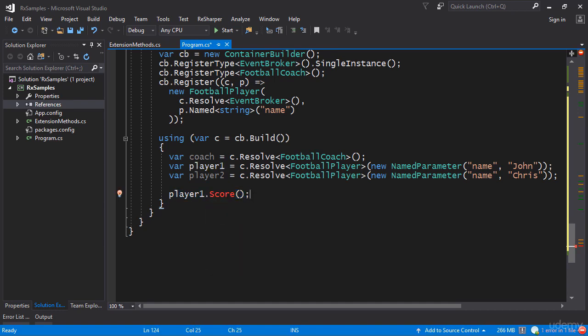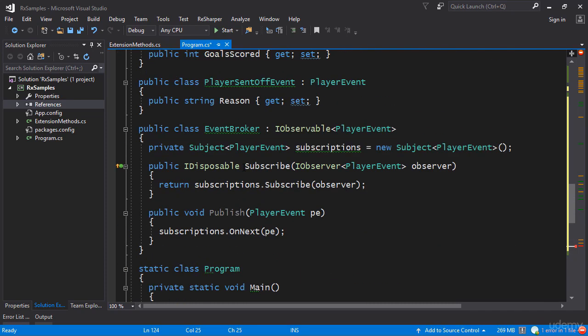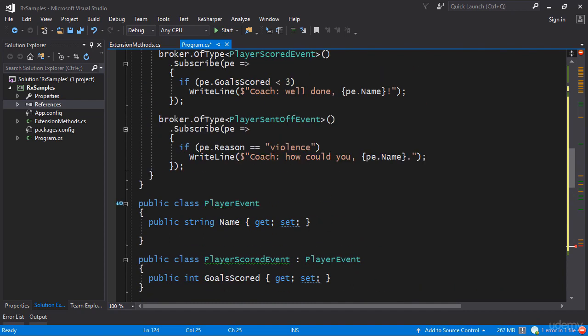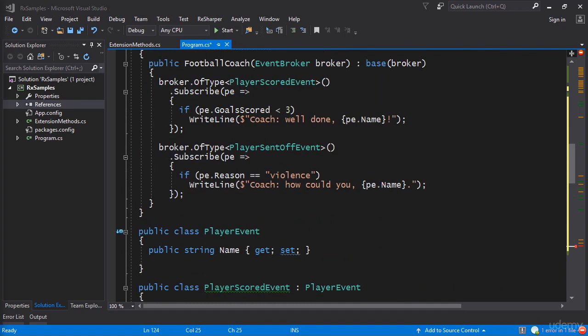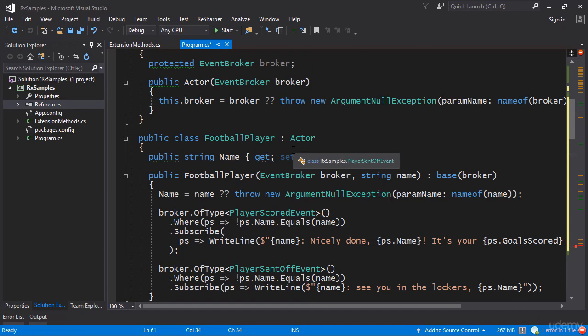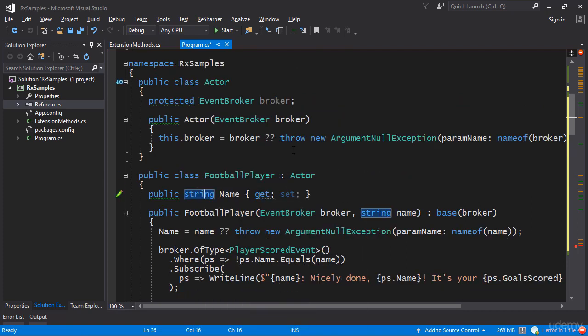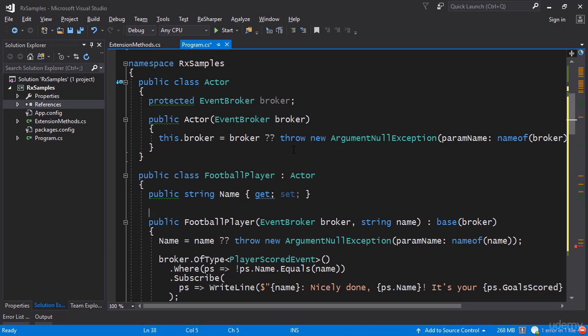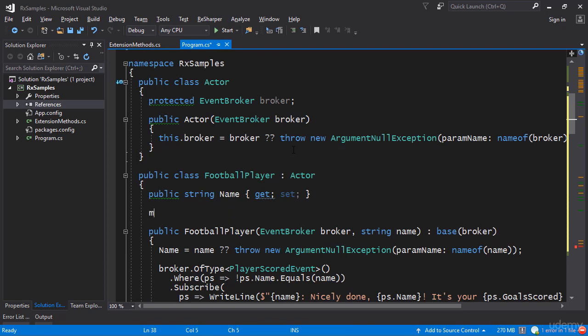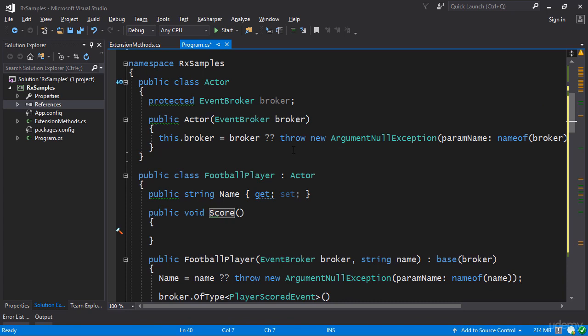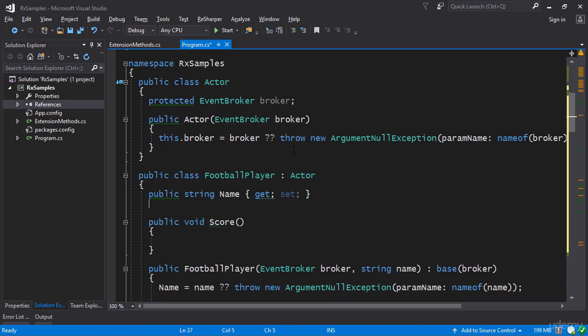Do we have Score? Oh, we haven't done it yet. Yes, that's another thing that we need to do, because you need to actually notify when somebody scores a goal. So we haven't implemented this yet, but we're going to do it now. It's not particularly difficult. So let's go to FootballPlayer, and let's add a particular method for scoring goals. So in this case, I'm going to just have a method called Score, and essentially we're going to keep the number of goals scored. So I'll have public int GoalsScored get set,